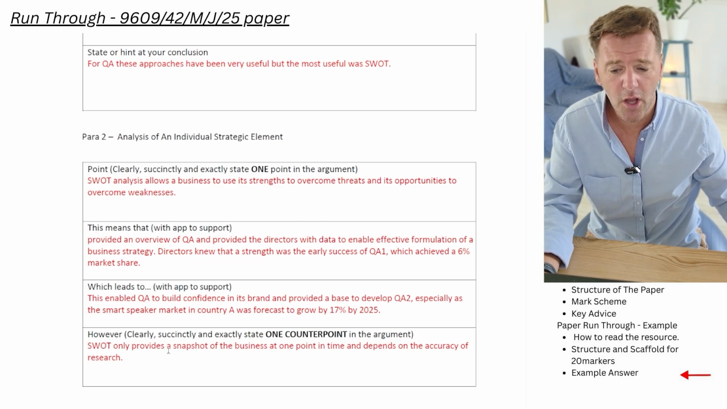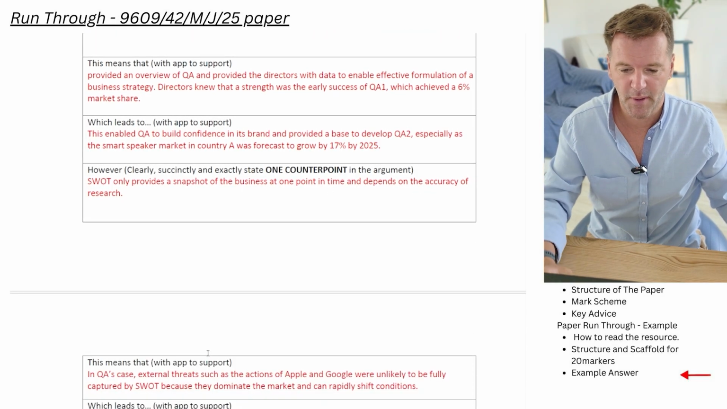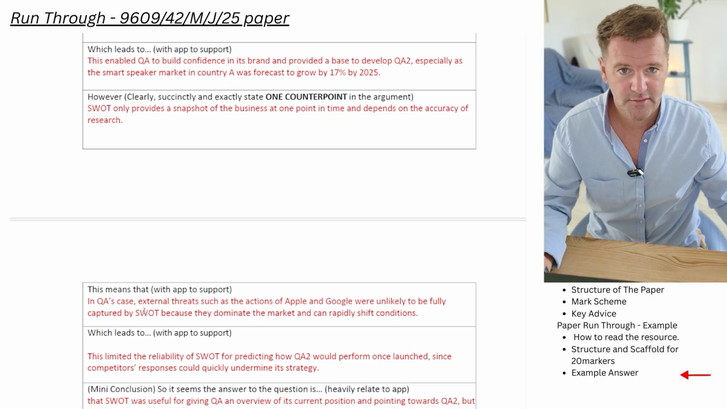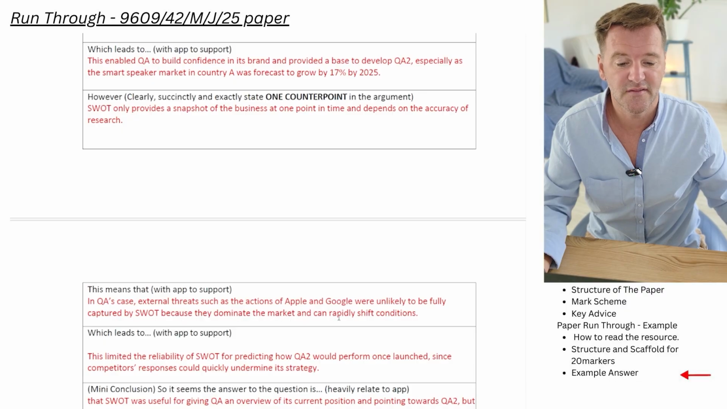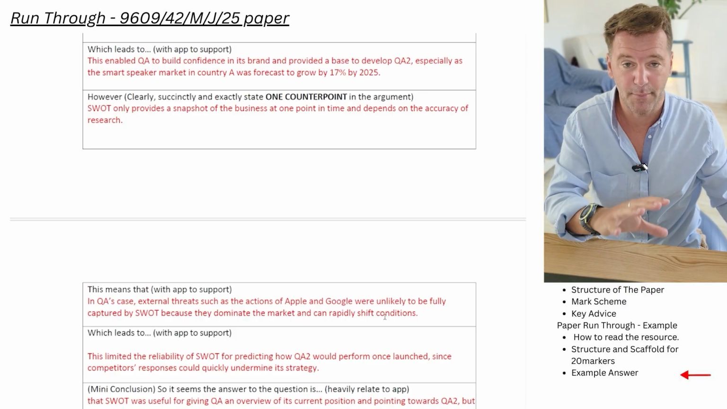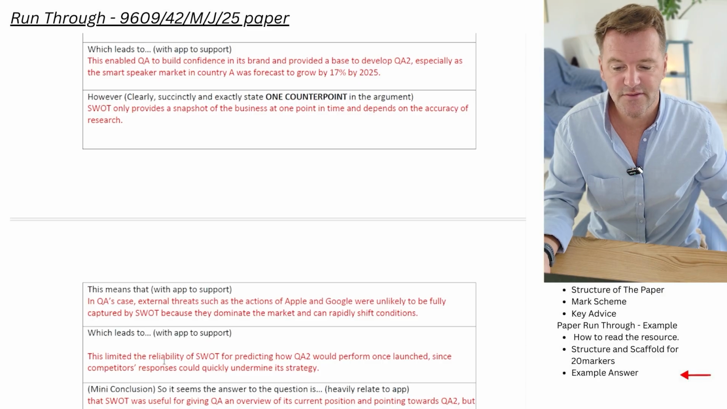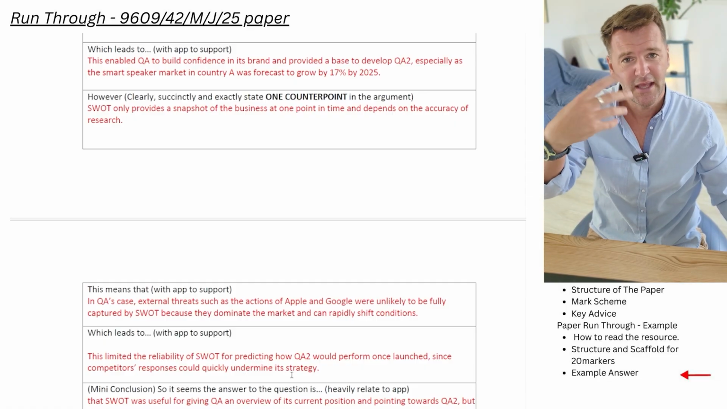Now counterbalance to hit the analysis ones. However, SWOT only provides a snapshot of the business at one point in time and depends upon the accuracy of research, knowledge point from the mark scheme. In QA's case, analysis, external threats such as the actions of Apple and Google were unlikely to be fully captured by SWOT because they dominated the market and can rapidly shift conditions. Application, AO2. This limited the reliability of SWOT for predicting how QA2 would perform once launched, which competitors' responses could quickly undermine the strategy. Analysis,